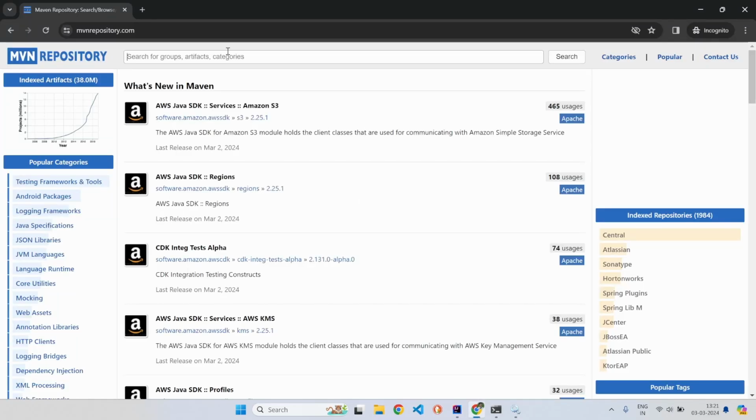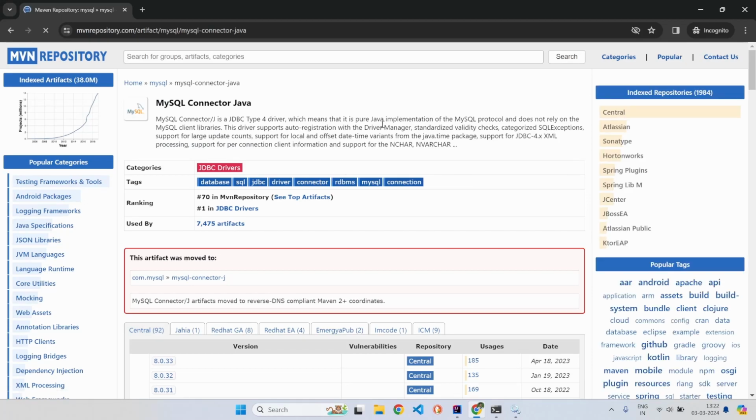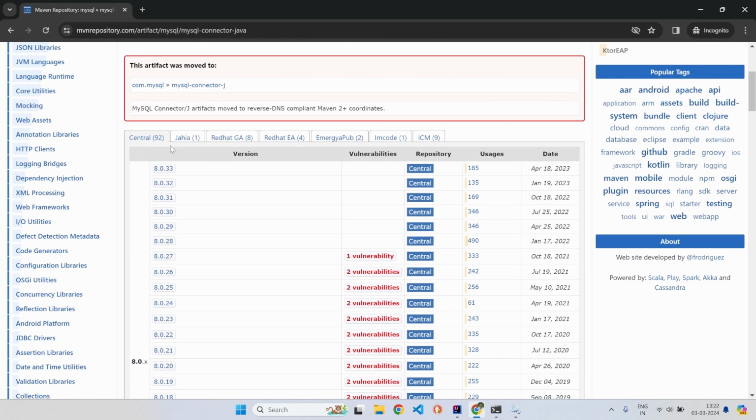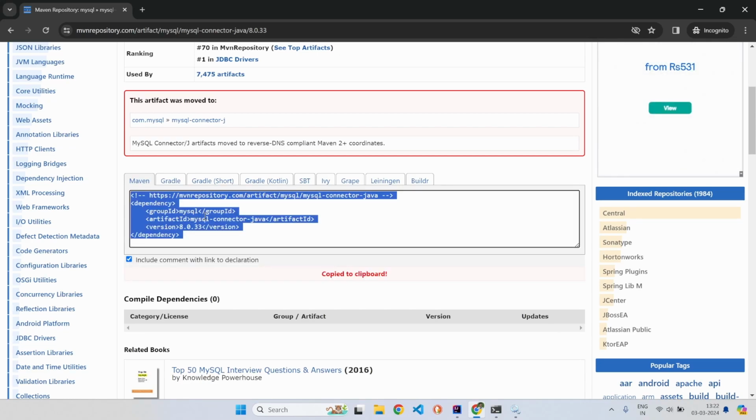to get the SQL dependency for Java, I'm going to mvnrepository.com and in the search, I'm searching for MySQL. This is my MySQL dependency for Java. As you can see, this is the latest version, and I'm selecting the latest version. This is the code we have to use to get the dependency loaded up in our project. I'm copying that code